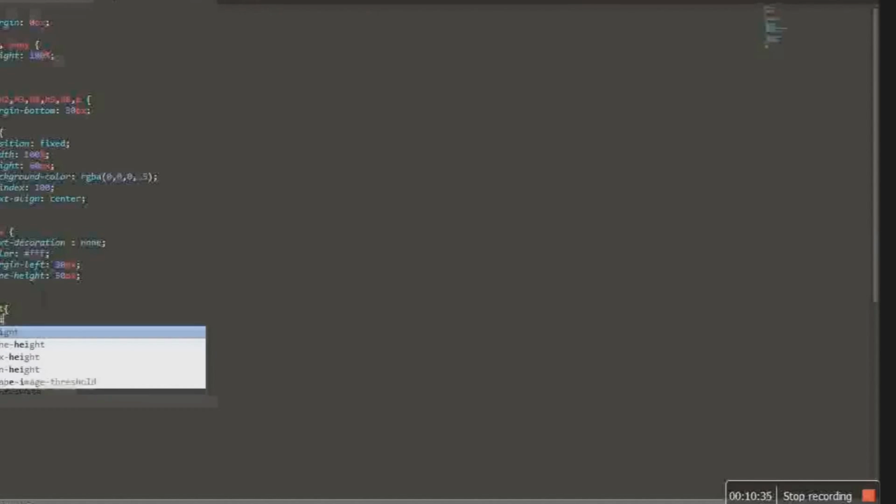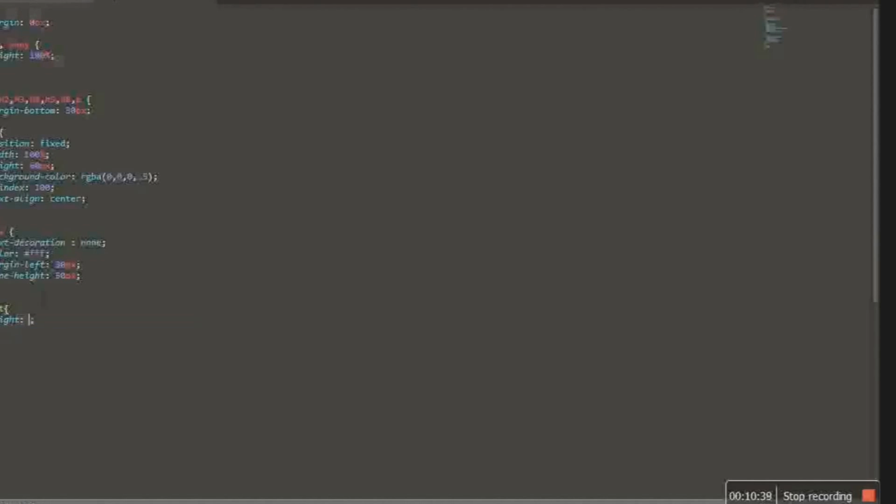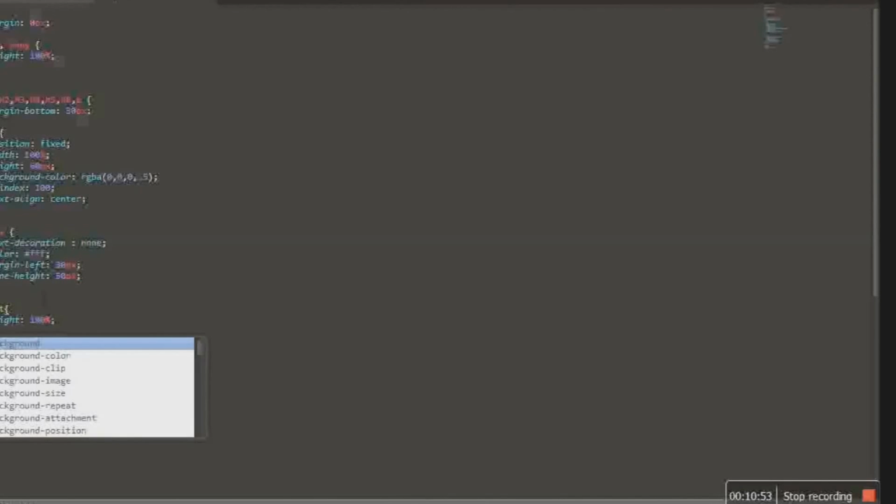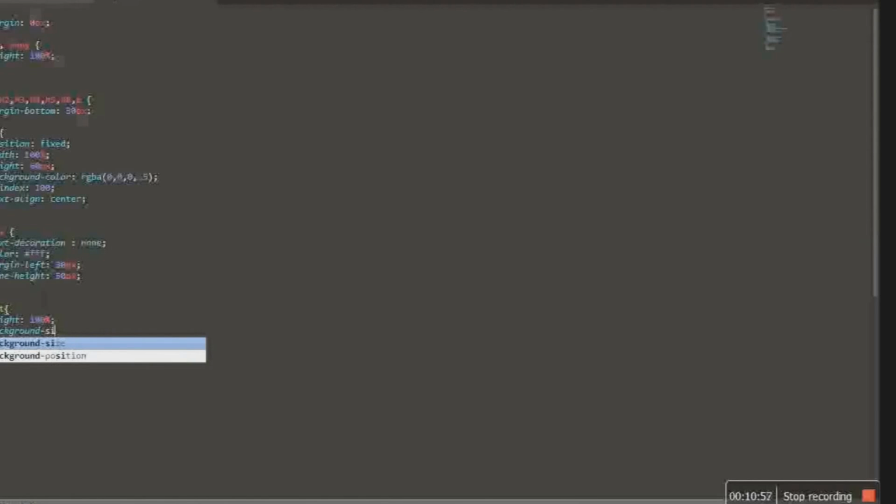Let's use height 100%, or you can use anything you want, but 100% to make it more visible. Then background size.